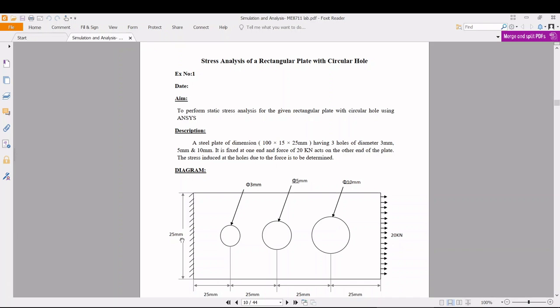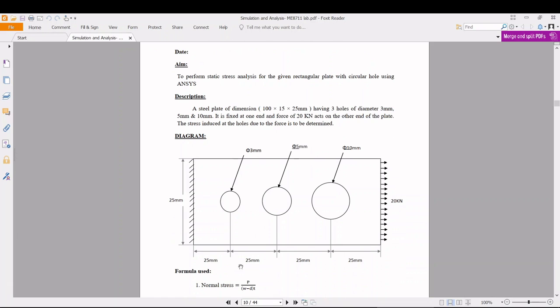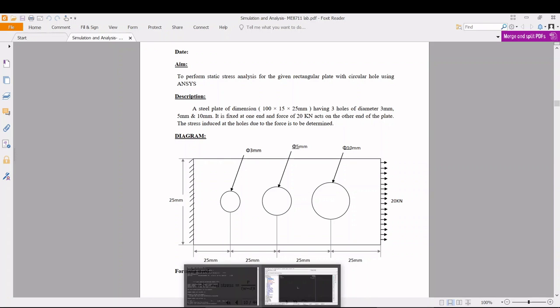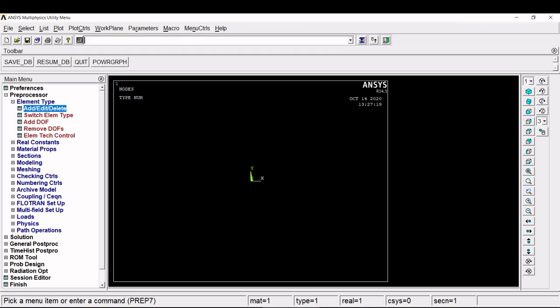So the holes are located at 25 mm, 50 mm and 75 mm. The size of the holes is 3 mm, 5 mm, 10 mm. How to draw this using the ANSYS software, and how to analyze it using this ANSYS APDL software, right? So first